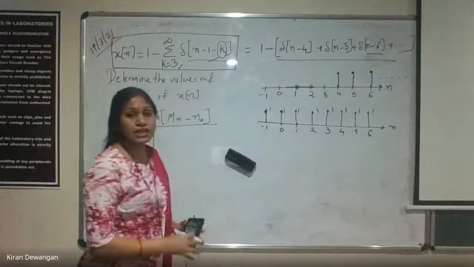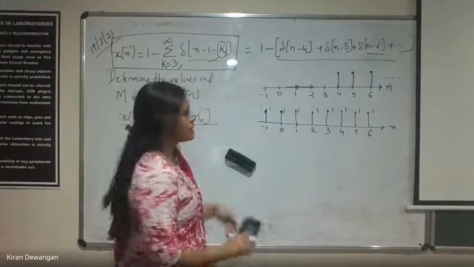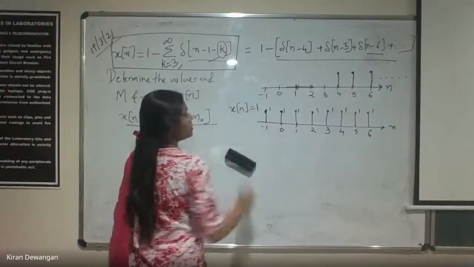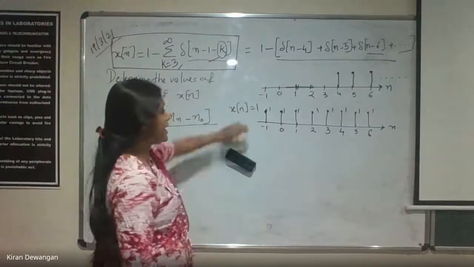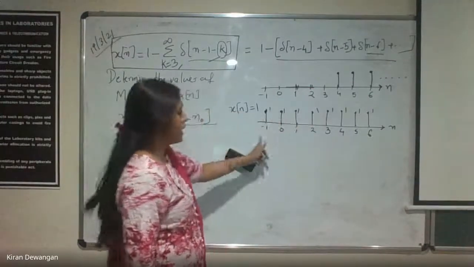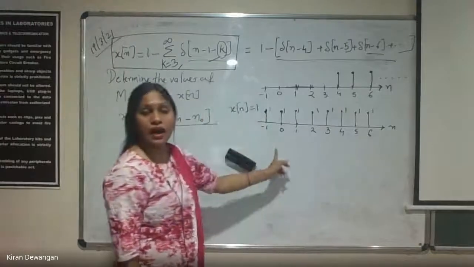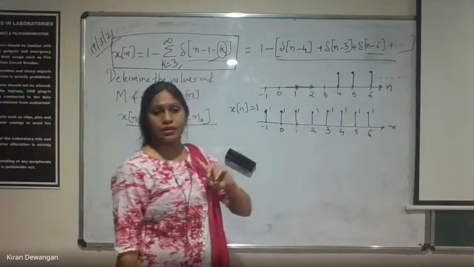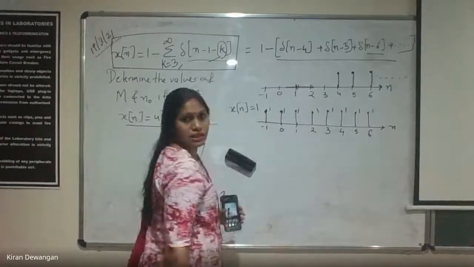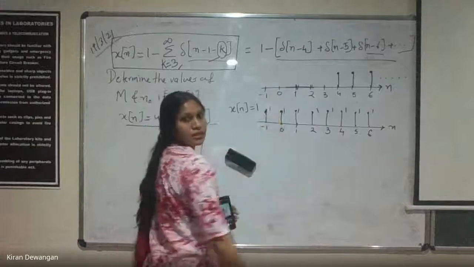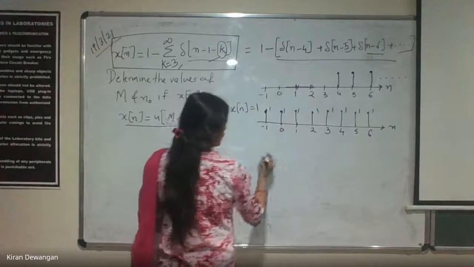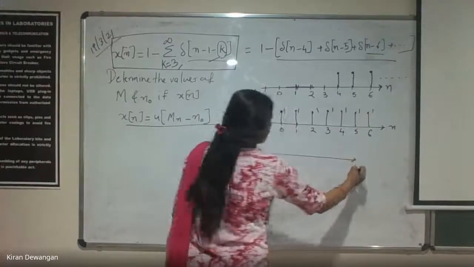If I have to just plot 1, this is x of n equals to 1. That means it will have value 1 at every value of n. At every n the value will be just 1. Now from this we have to subtract this. 1 minus this. Clear? 1 minus this will be a function which will have the value